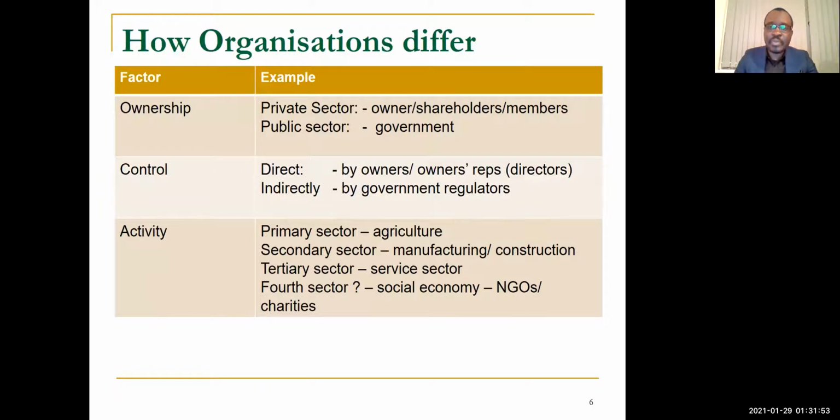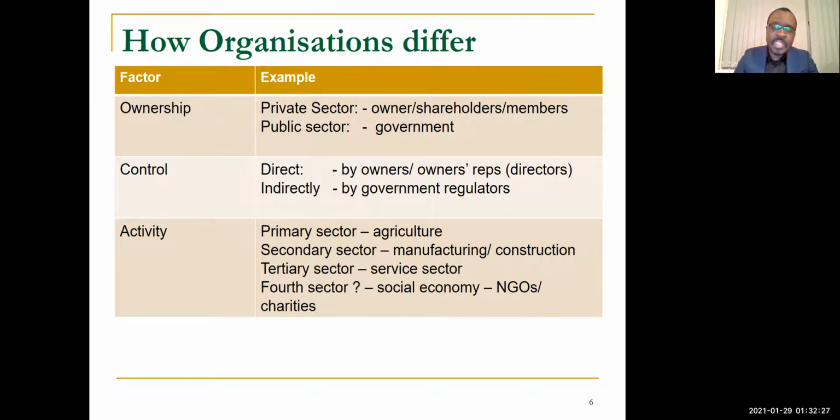Eight factors help to differentiate one organization from the other. The ownership structure, whether it is private or public, will tell us whether it is owned by the government or by individual shareholders. The control pattern, okay? If it is directly owned by the directors, by the owners who control the resources, okay, and also determine what to do with their returns, their profits, okay? But if it is indirectly controlled by government regulators or agencies,